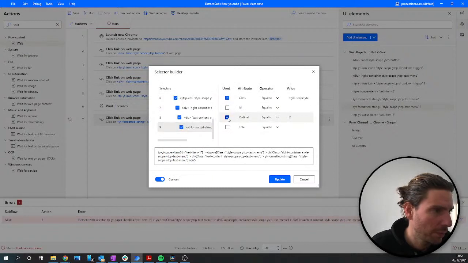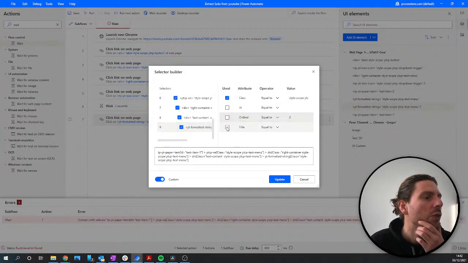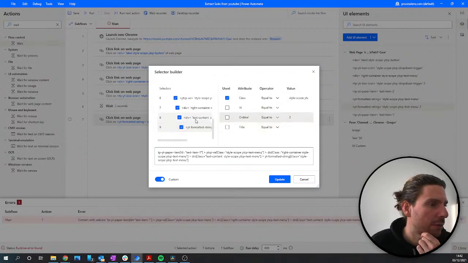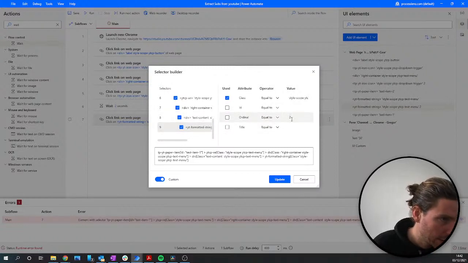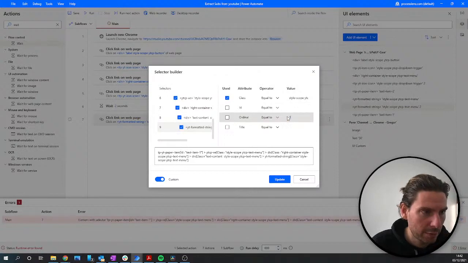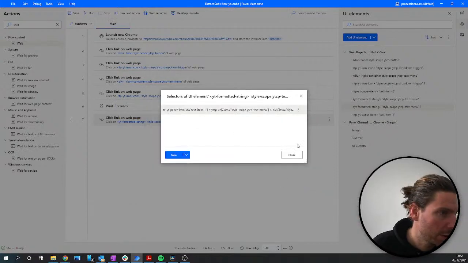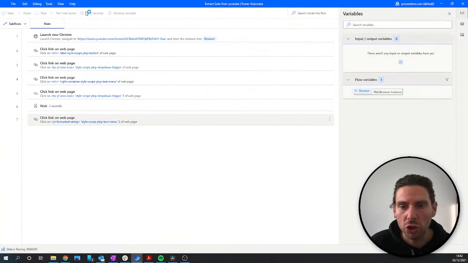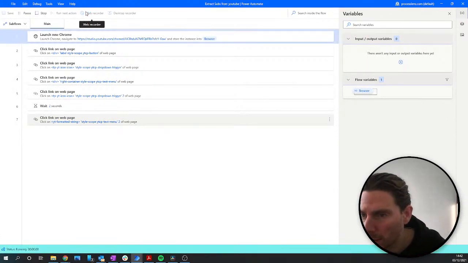If we go all the way down here, we can also add how about this? And let's just give it one more try. If this is not going to be